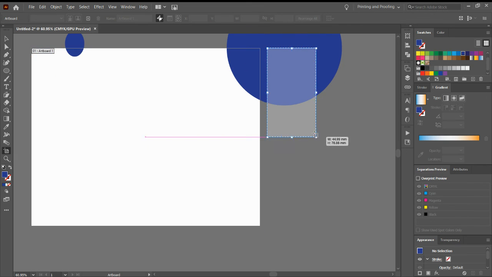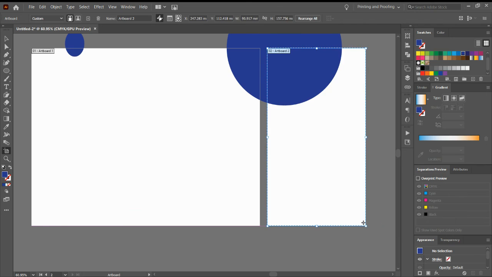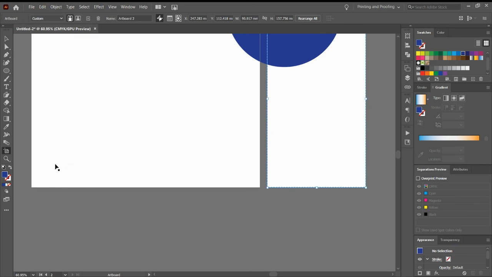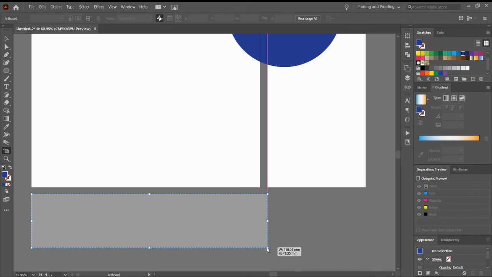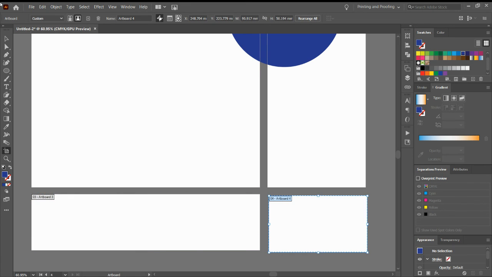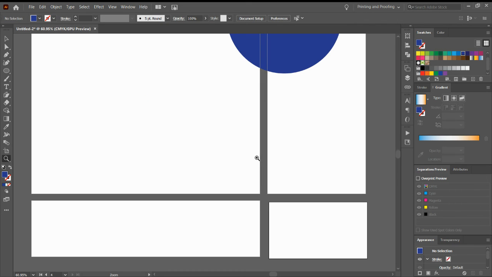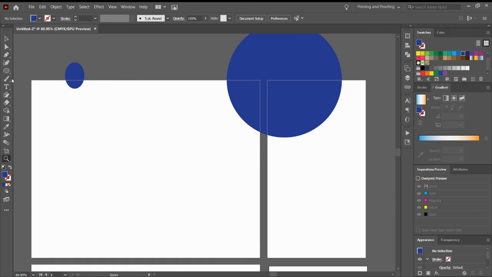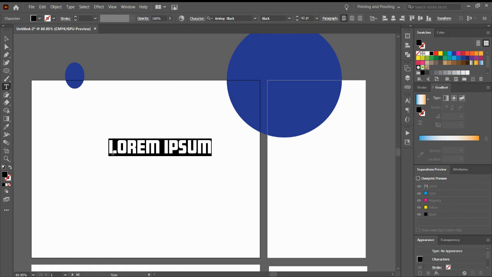See, for example, I can create custom-made artboards. I don't have to go to the document and again click and give the size details to create these artboards. It becomes quite easy, guys. So in a single document, I can create so many multiple artboards, which really gives me a lot of freedom to work. And this is our normal zoom tool, just to zoom on certain things, for example.